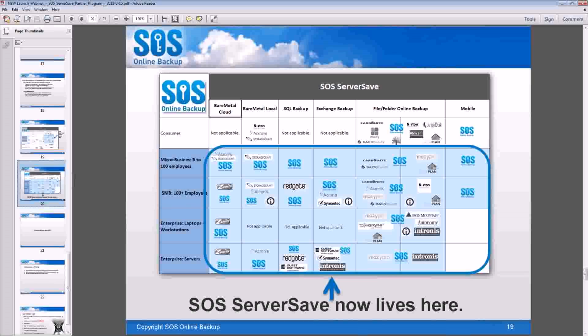Yeah. And also when you're shopping, make sure that you're not being charged extra fees for extra features. One of the great things about SOS ServerSave is that it's completely inclusive. All the things that we're talking about, social backup, bare metal, etc., are all included in one price. Actually, not social backup. Sorry, the one thing that's not included. Sorry, guys, don't listen to me then. No. Everything else is included. Shannon's point's a very good one. You do get nickel and dimed a lot in the online backup industry. So with us, what you see is what you get. The pricing is very simple to understand, and all of this functionality just comes as part of the bundle.